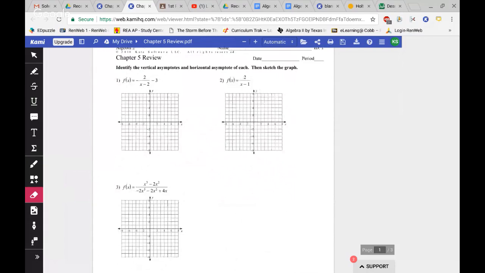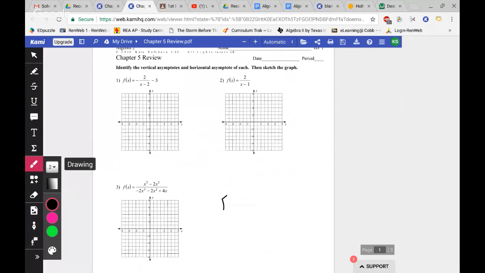Okay, on 2 and 3, and those are definitely different from each other. Number 2 is what we call a simple rational function. And when it's simple, it's technically in this form here: A over x minus h plus k. That's that simple one. And I believe that goes back to 5.2. So the very first thing, and the thing that Miss Stone and I really want you to grasp out of this is the